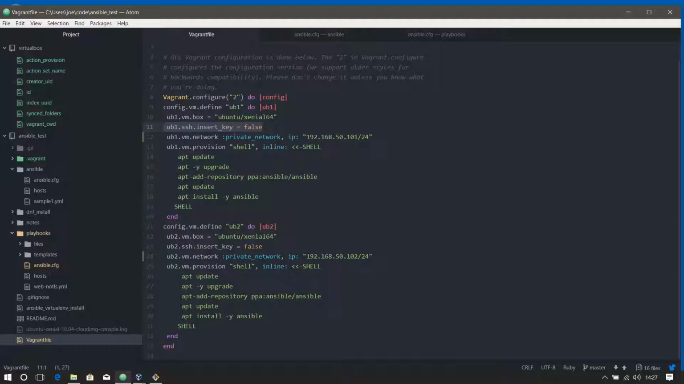Now, this is all just in the lab for learning Ansible, so I don't actually care about that. So what I do is I use the original insecure private key, and I'm going to put that on my Ubuntu VM. To create that behavior, what I have to do is set insert_key to false. Now the next part is the private network, so it's 192.168.50.101 for my UB1/24. Now this shell command is just to provision it, so I do an update, an upgrade, add in Ansible,